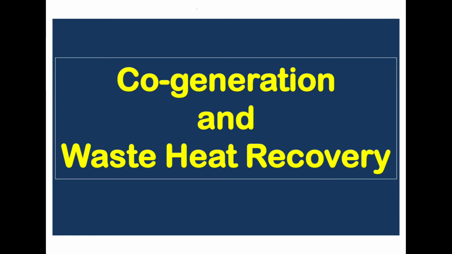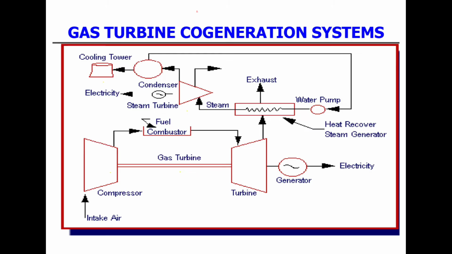In this video, I am going to discuss steam cogeneration. The gas turbine cogeneration system is shown as a schematic diagram. The schematic diagram shows the major components and the processes involved in the gas turbine cogeneration system. On the left hand side, the cooling tower, condenser and steam turbine are located near the